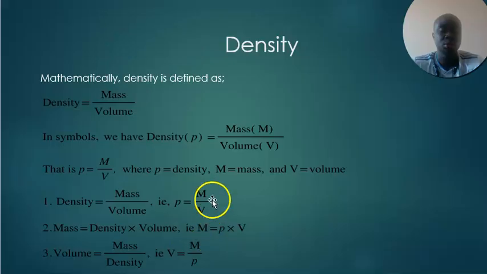So as we know, rho is equal to m over v. If you want to make mass the subject, just make some change of subject here. So you can get something like this. Considering this, rho is equal to m over v. If you want to make mass the subject, you multiply through by v. So we are going to get our rho,